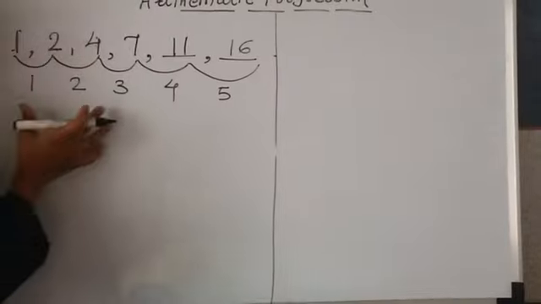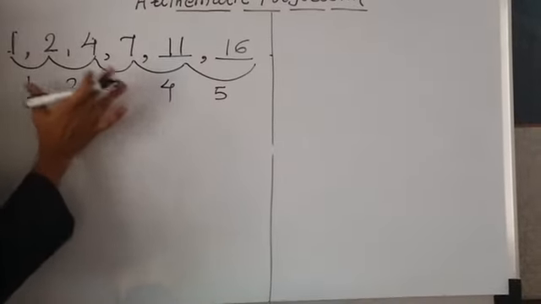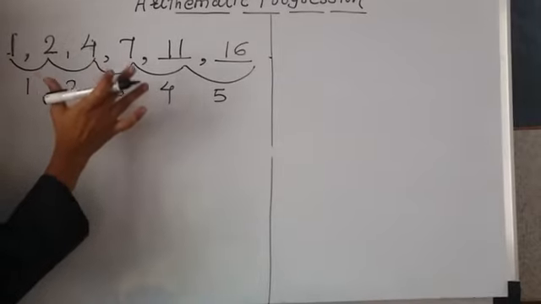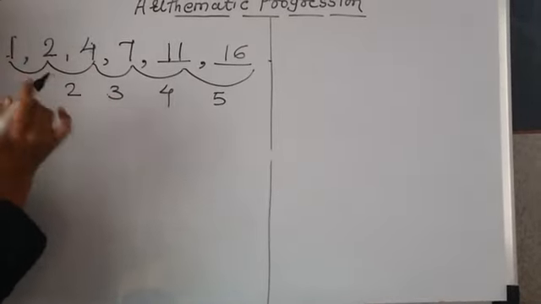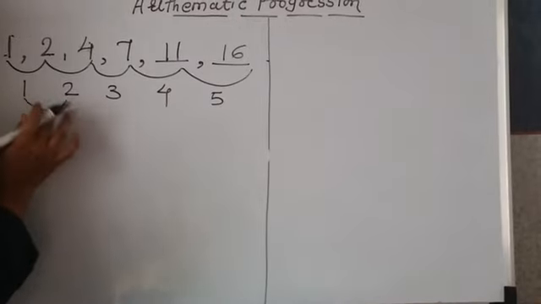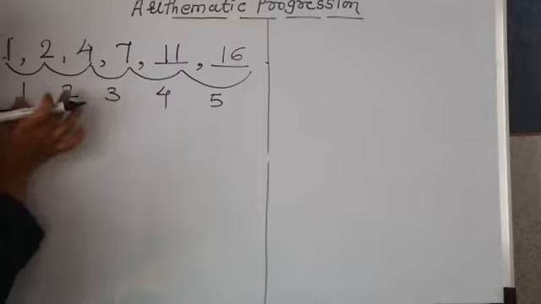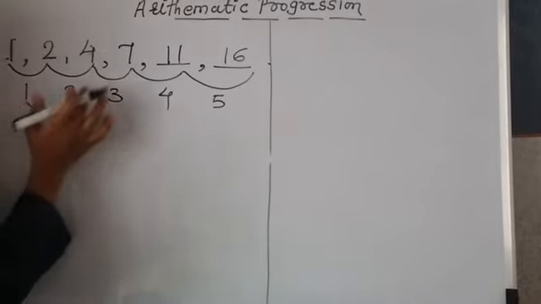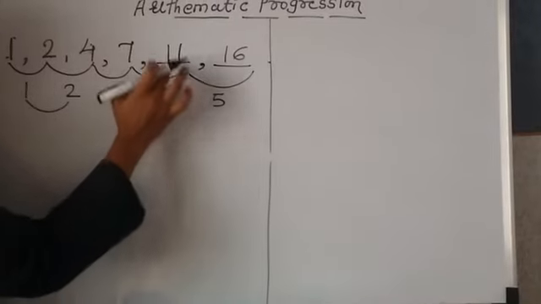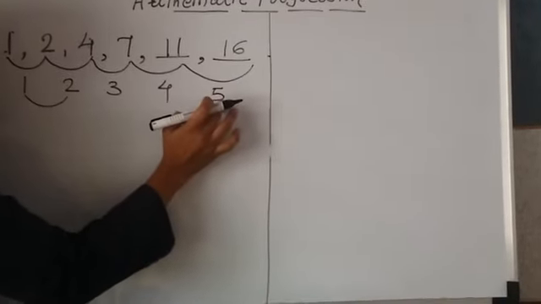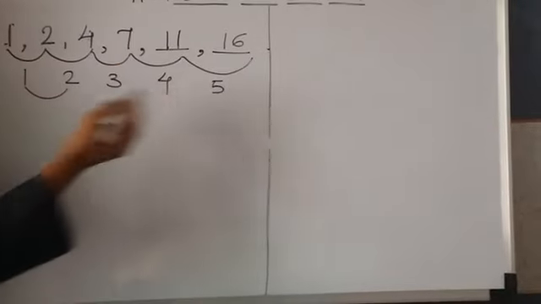So here the numbers are arranged in a pattern, which means they are arranged in a definite order. But there are some definite rules. So see here, what is the definite rule? The first number is increased by 1, the second number is increased by 2, the third by 3, the fourth by 4, the fifth by 5, and the next number by 6, 7, and so on.